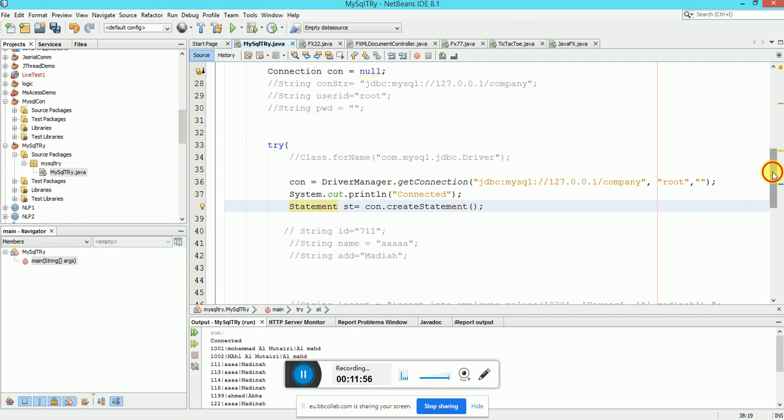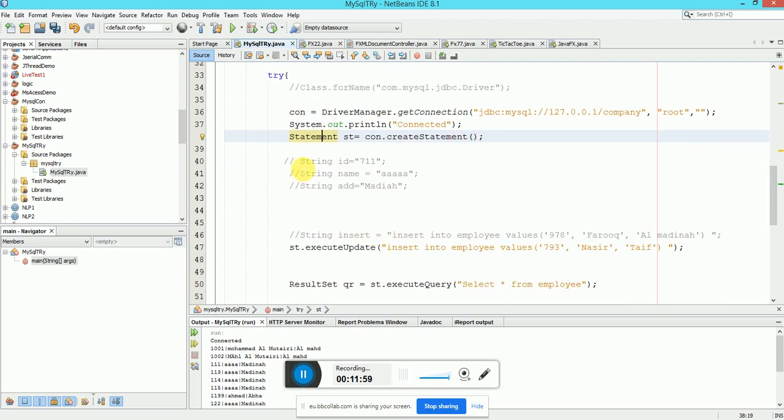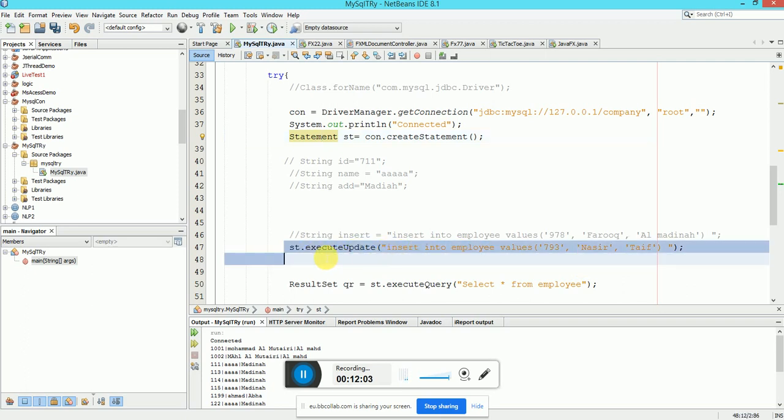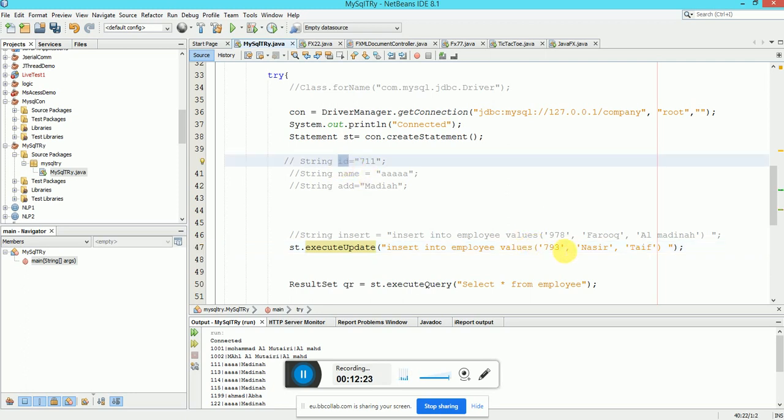And now I was telling you that, for example, here I am giving st.execute, this statement I am executing here, giving insert into employees values 793 Nasir and type like this, these constant strings. And now I can use my scanner class to get my variables and use these variables instead of these constants here. Okay, so